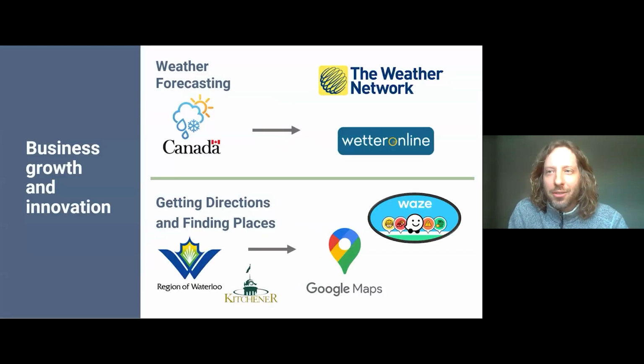Business growth and innovation. When I was preparing for this, I was really trying to think of some really good open data examples, and one is so obvious, it's in front of us all the time, and that's weather forecasting. Most of us consume it, maybe some of us hardcore weather people consume it exactly from Environment Canada. But Environment Canada provides all their forecast information for free through their API